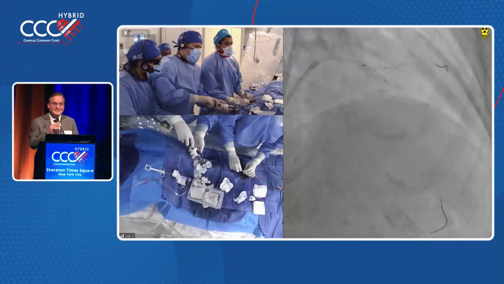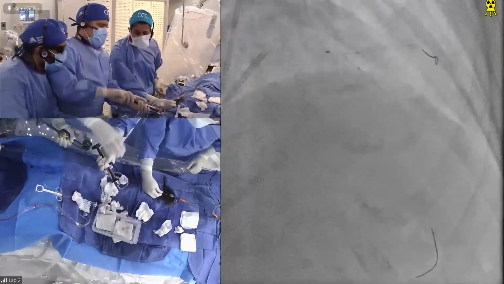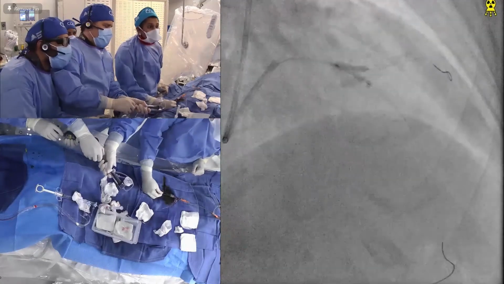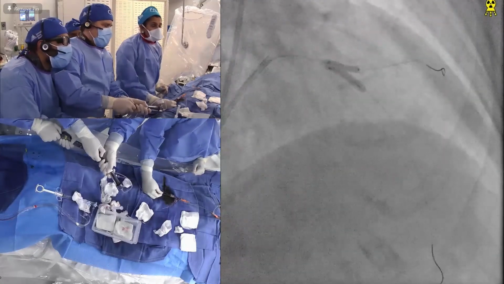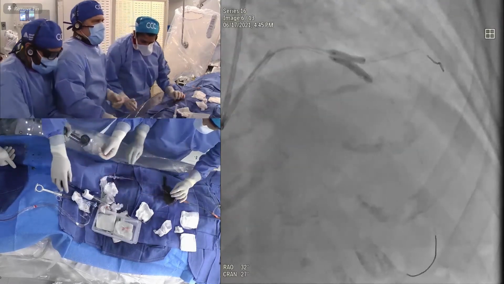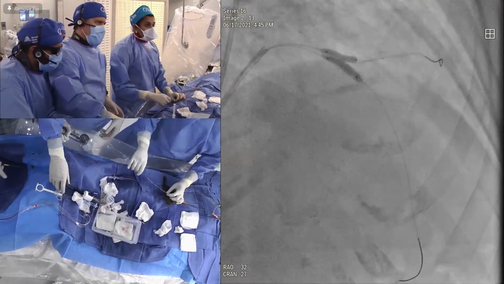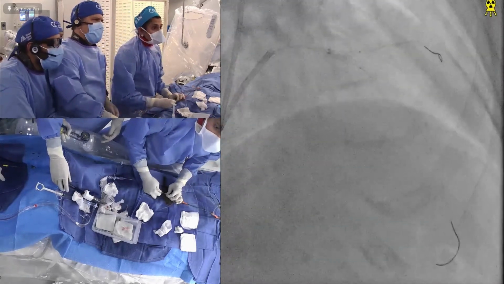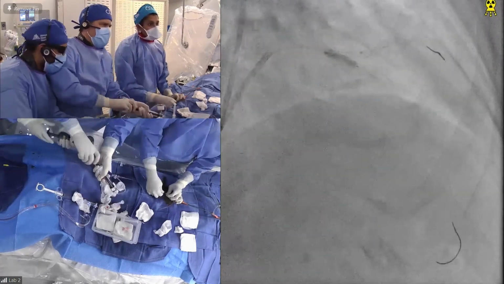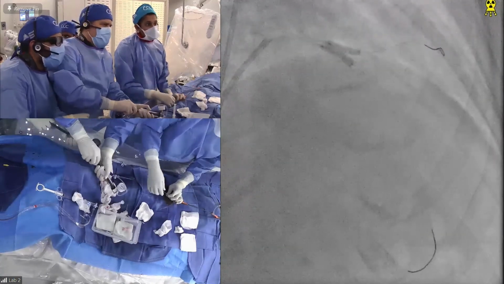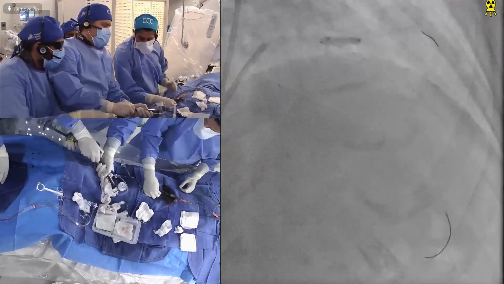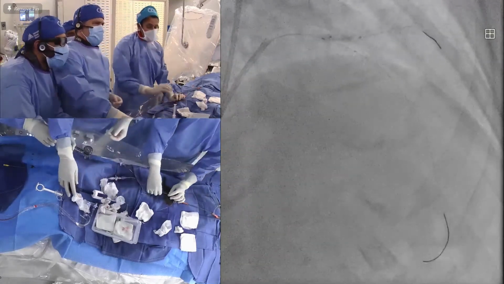No, I want to do a quick IVUS to show that without POT... the trial still has to be published in EuroIntervention, on the routine use of POT in non-left main, and the trials were negative. Left main was like 10-12% in that. It's 2.75 to the side branch, 3.25 to the main vessel. Yeah, main vessel. Okay, good.